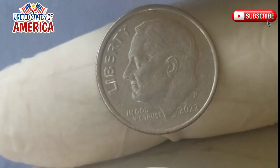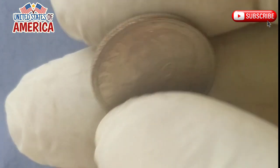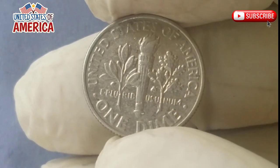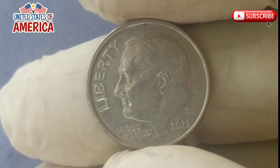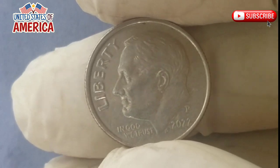This beautiful and intricate design makes the Morgan Silver Dollar a true work of art, but its value goes far beyond aesthetics. Now, you might be wondering, why is the 1880 silver dollar so special? After all, millions of these coins were minted during the late 19th century. However, not all Morgan dollars are created equal. There are a few rare features and minting quirks that can turn an ordinary 1880 silver dollar into a highly